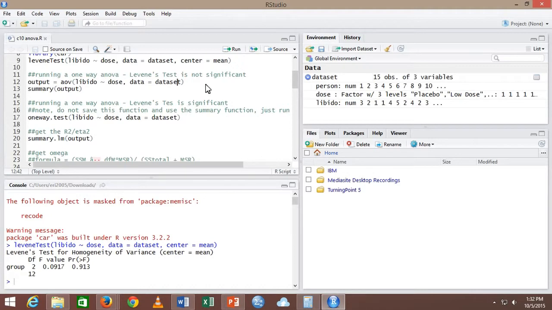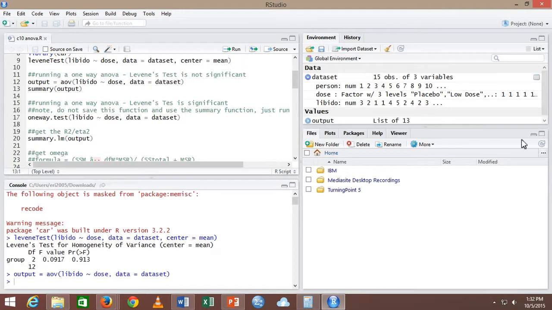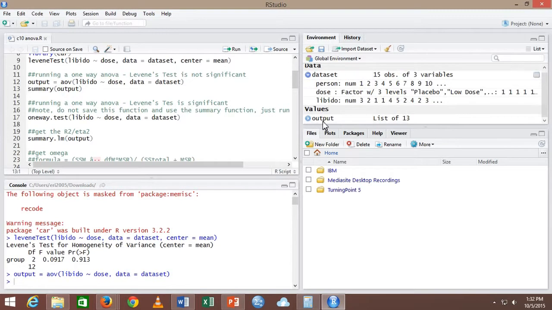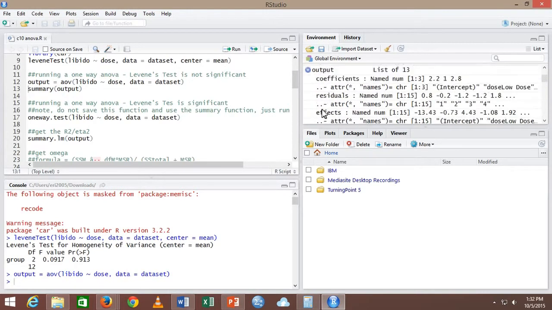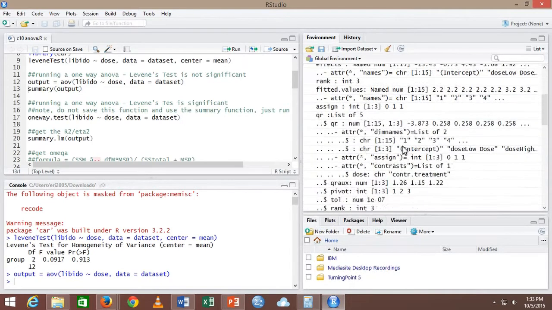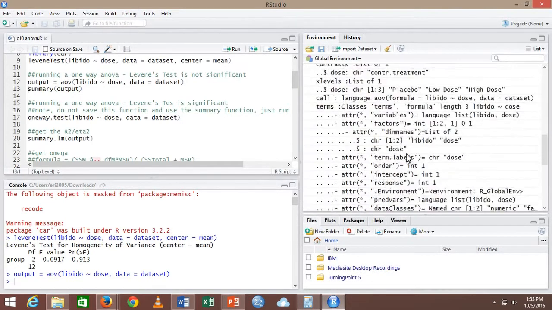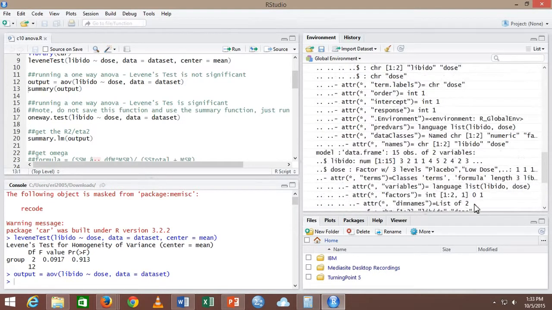Okay. All right, so let's run line 12. And then what you'll see is you get this output. It's a list of all this stuff. Like there's so much stuff in here. And so by saving it, it allows us to only pull out the things we're interested in, rather than looking at all this stuff. So the summary function, remember summary works on data sets and on lists, and so this will give you the basic table. So run that summary function, 13,